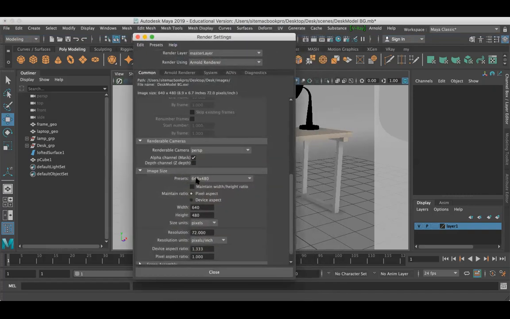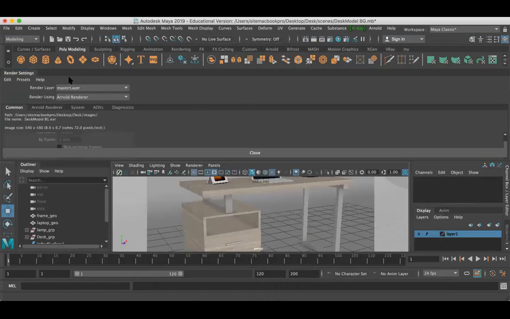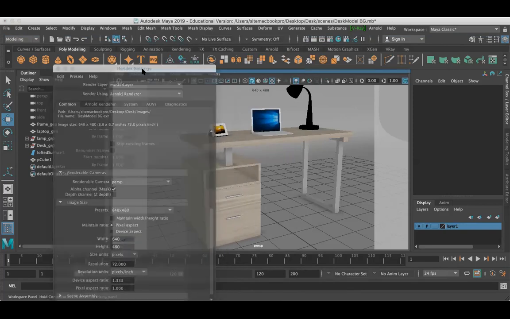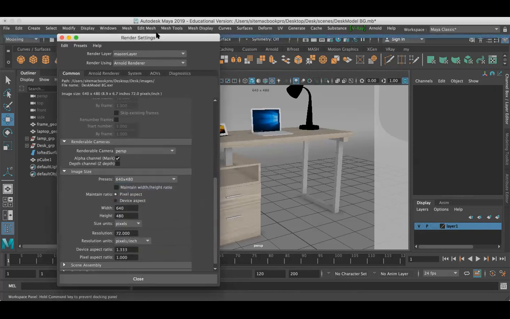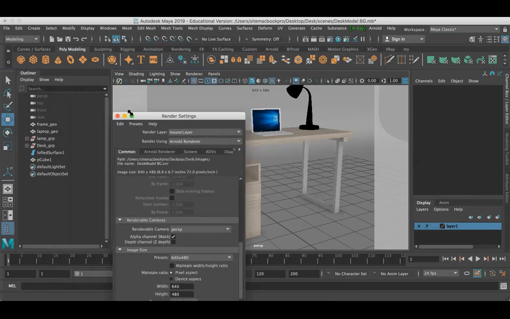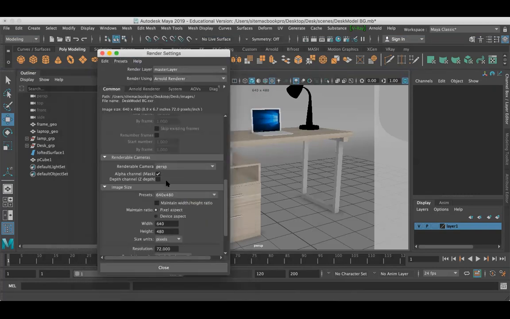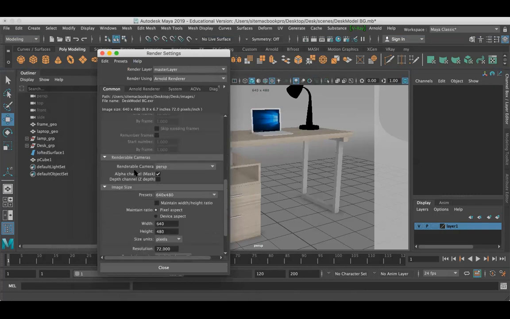Below that you can find image size. Image size is set to 640 by 480, as I told you earlier. Now I want to change the image size to custom.